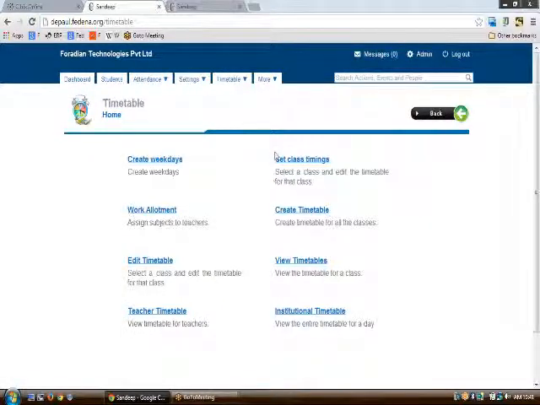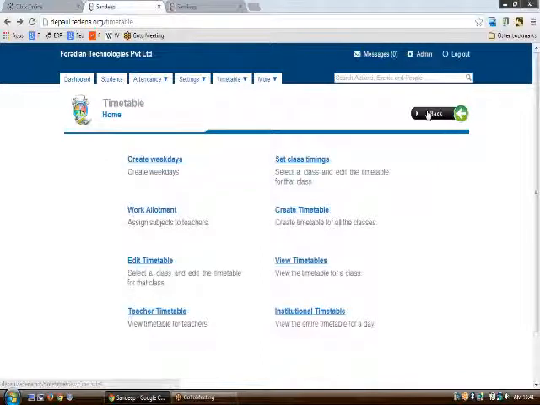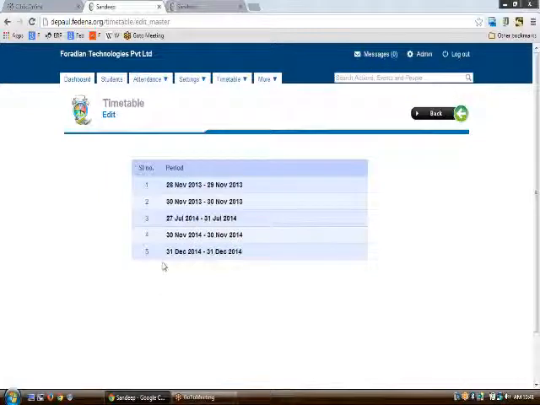Now, having done the create weekdays part and set class timings, if you want to create the timetable here, you can do so by going to this particular part here, entering the start and end date and hitting the create button. This way you will be able to create a timetable, and further if you want to edit a timetable at a later point, you will be able to do so by clicking